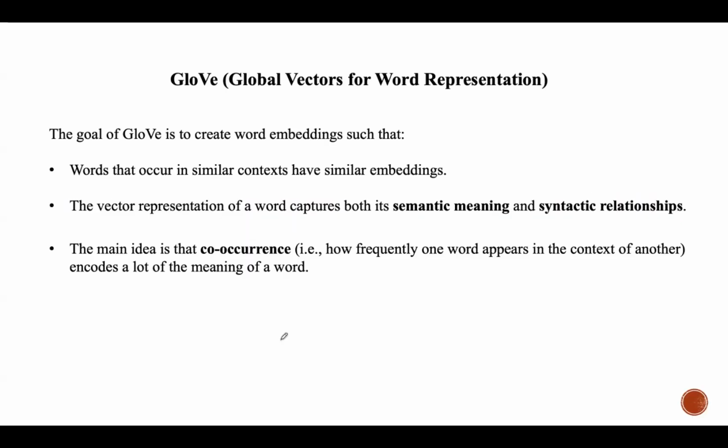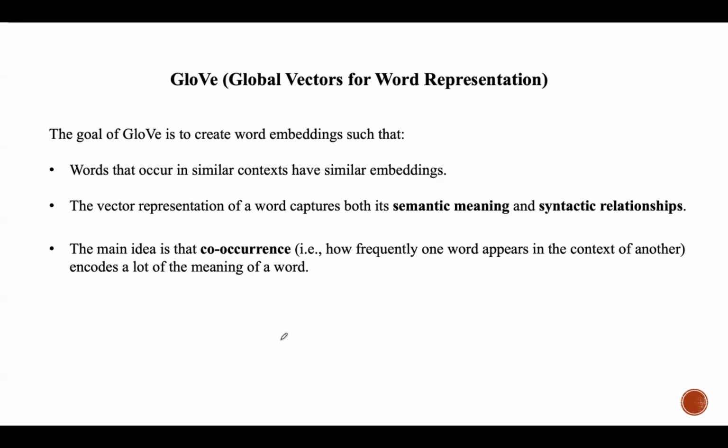In this lecture, let us discuss GloVe, Global Vectors for Word Representation, which is a popular unsupervised learning algorithm used to generate word embeddings, which represent words as dense vectors. Unlike Word2Vec, which uses local context, that is, a window of words for training, GloVe focuses on global word co-occurrence statistics across the entire corpus to learn the embeddings. It combines the advantages of matrix factorization techniques and the local context of Word2Vec.